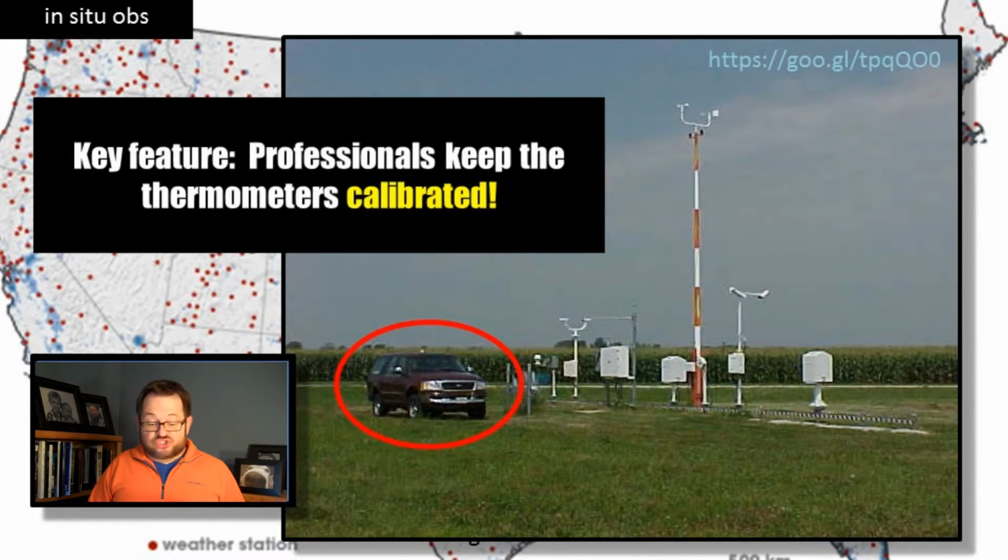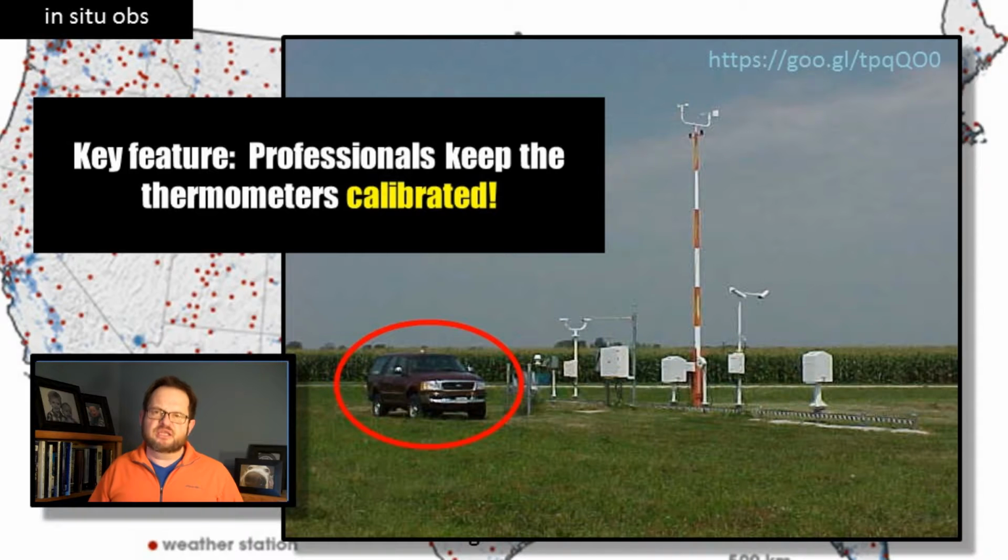Generally speaking, like I said, these stations are unmanned, although a key feature of them is that professionals do keep the thermometers and the other pieces of meteorological instruments calibrated. They actually visit them routinely. I know I've had questions in the past as to how often they come and visit. It's certainly on the order of every week or two. Meteorological technicians come out and check to make sure all the instruments are in working order and are not damaged in any way. You can well imagine that birds and things sit on it, poop on it, whatever. They have to clean it all up and make sure that the observations are high quality all the time